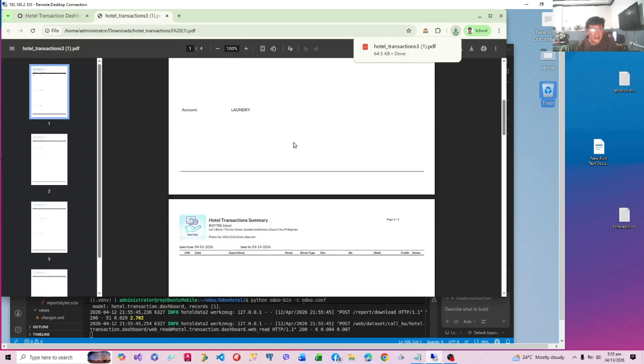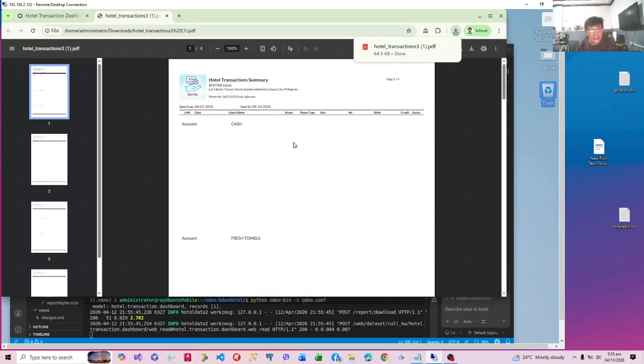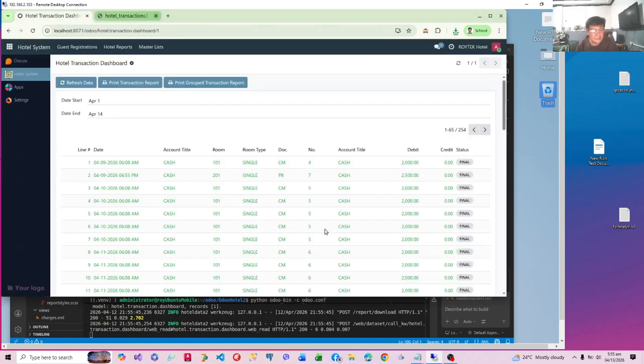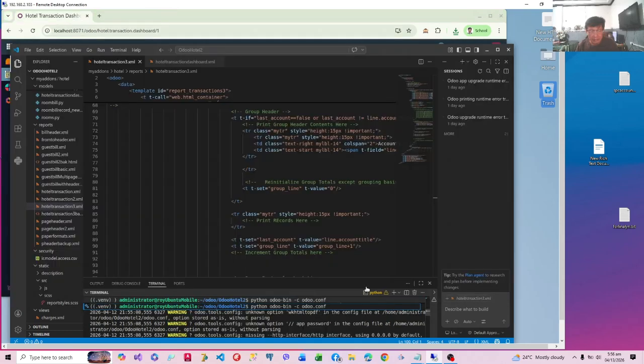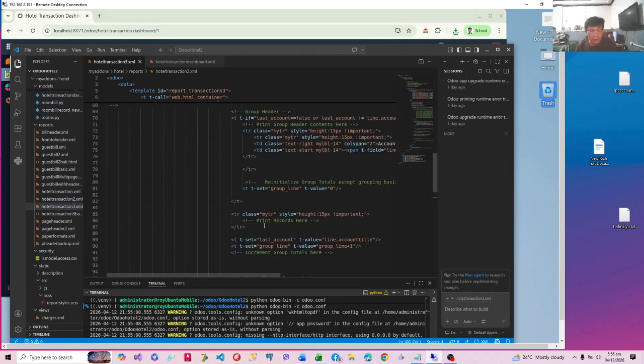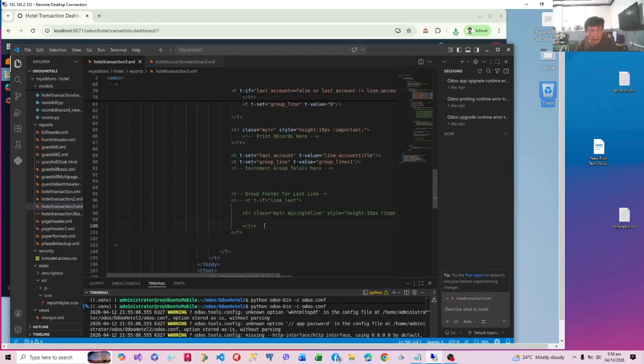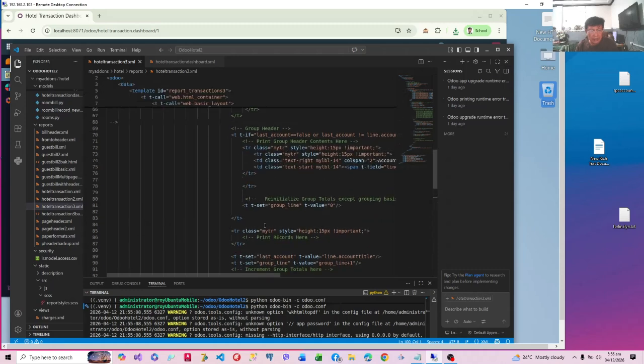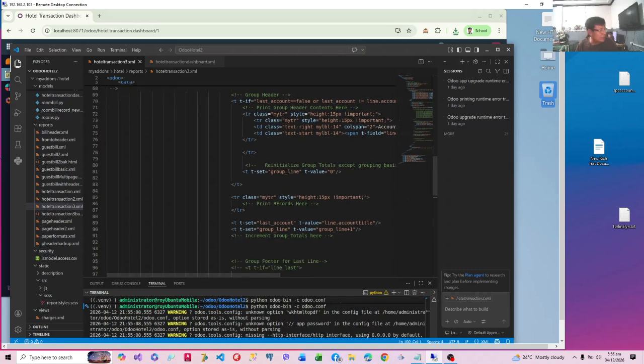Okay. Now we have the group headings, but we didn't have the records yet. Let's try to find out why. Group header, group footer. Group footer lines. Did we put our records already? Now we didn't put the records yet. We forgot to copy it, so therefore we don't have.